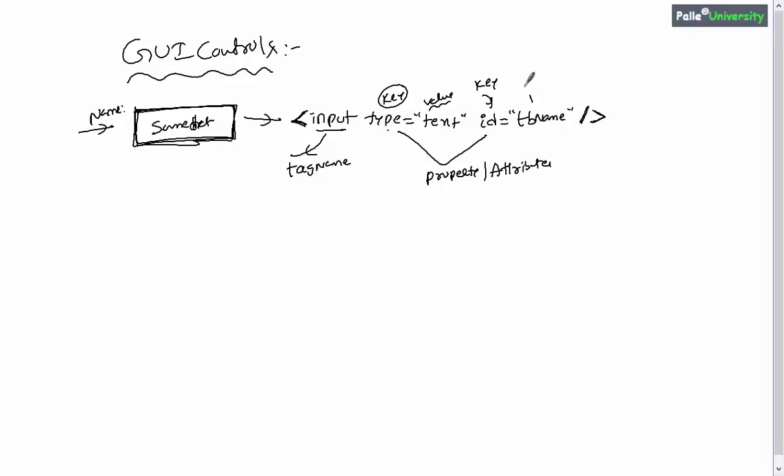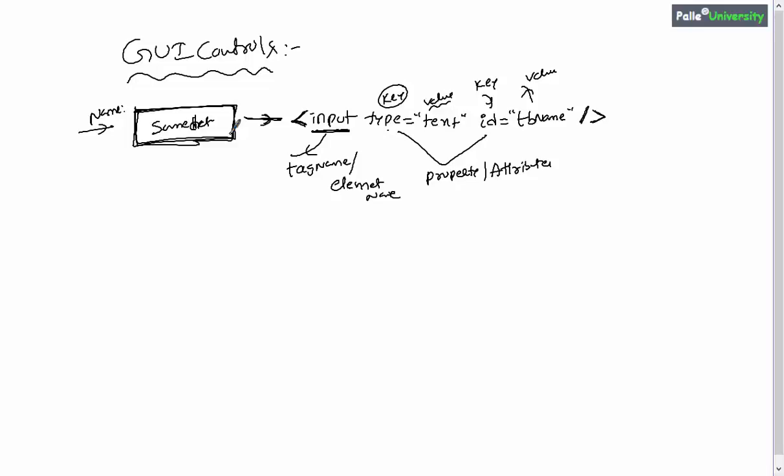ID is the key and TB name is the value, right? Also remember that some people call this tag name the element name. Whatever you write immediately after the angular bracket is called the tag name or element name also, right? So this is how you create a text box. This is the HTML code used for creating the text box.